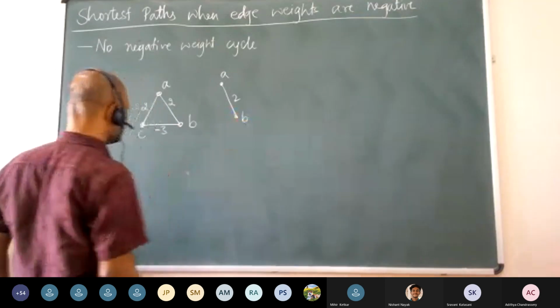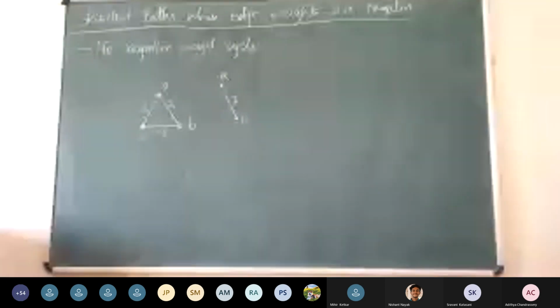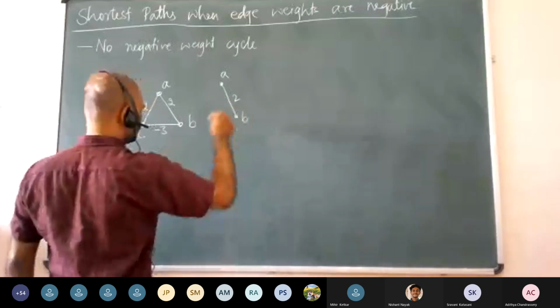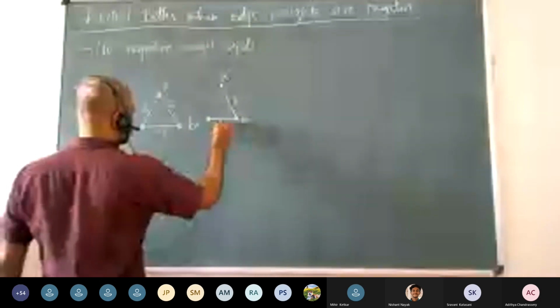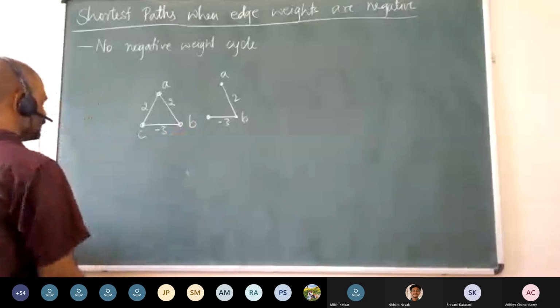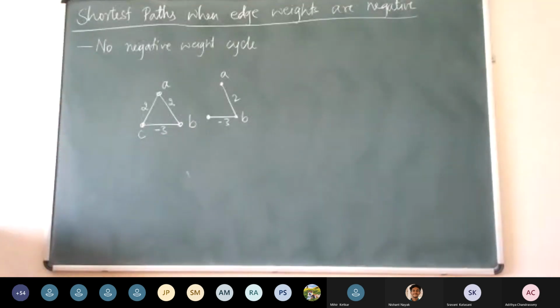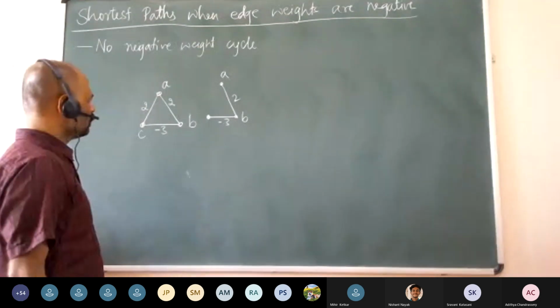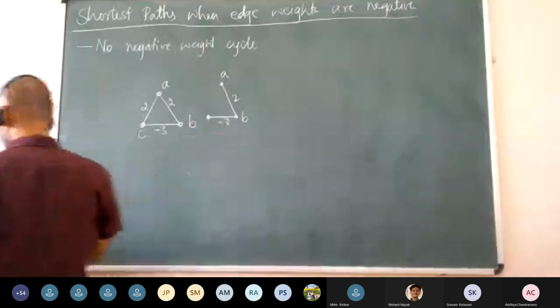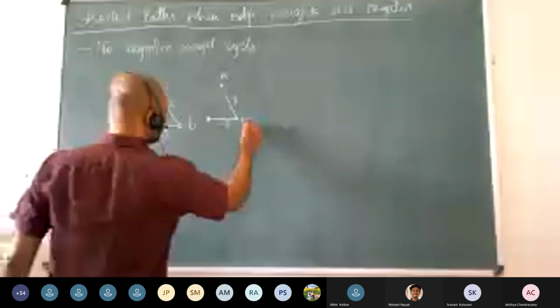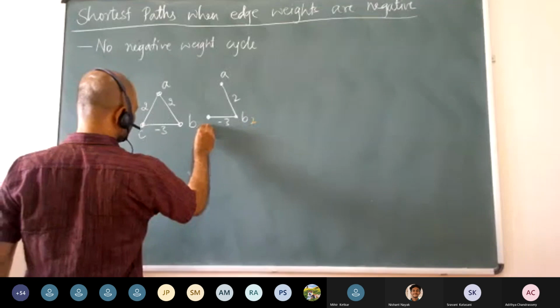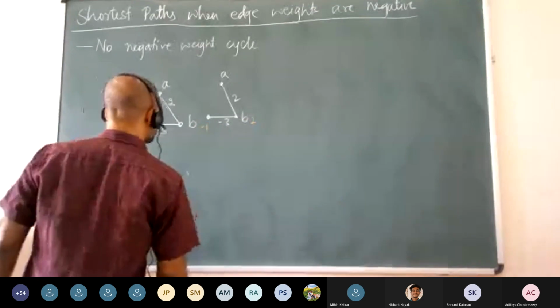Then in the next iteration, all edges on B, you will update using those edges. For C, it will see that it is -1, and it will use the sets. This is how the shortest path tree looks if we use Dijkstra's. But is this the right one? So now, what will be the distance to B? It is 2, and distance to C is basically -1.